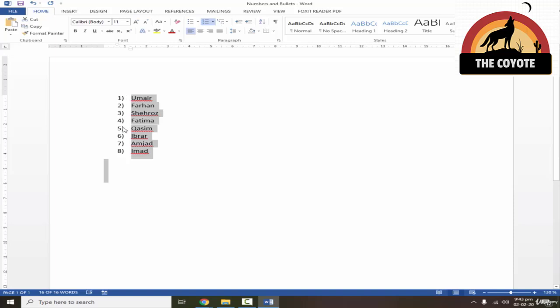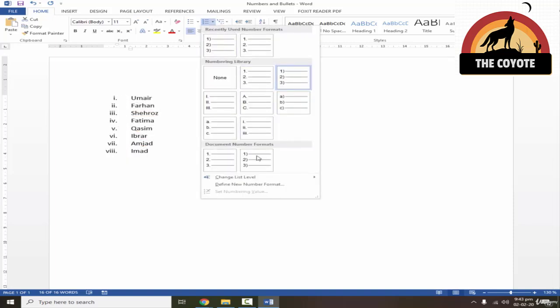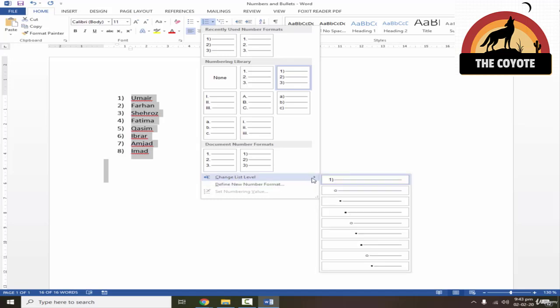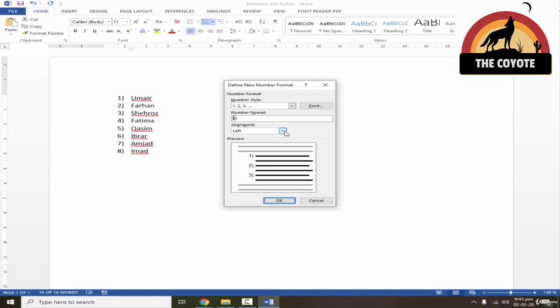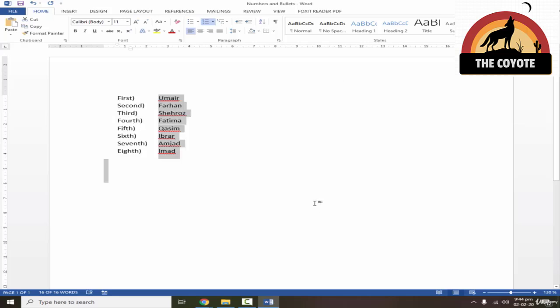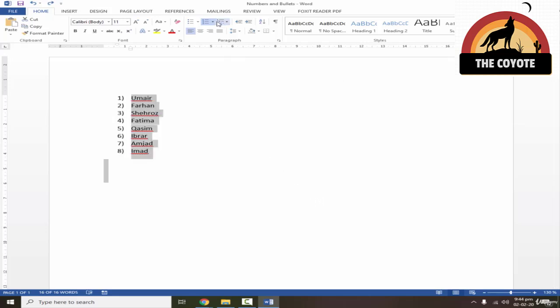And if you want to change the color of it as well, you have multiple options to choose from. For example, let's define new number format, and under the new format you have the option to select any format. If you notice, in the starting we saw only until these styles, but here we have a couple of more styles as well. You can mention it 1 2 3, first, second, third. You can mention it like this. Let's try this one. So see, you can change however you want it to.